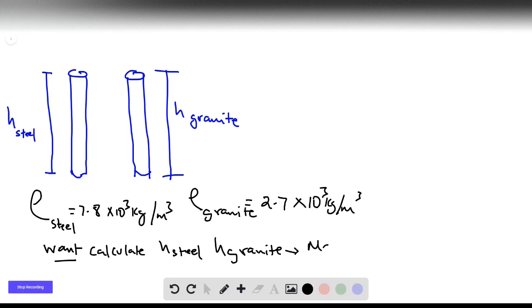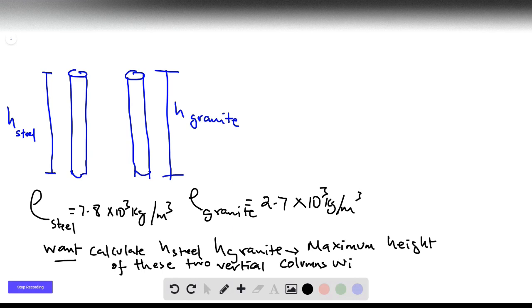The maximum height that we can have of these two vertical columns without